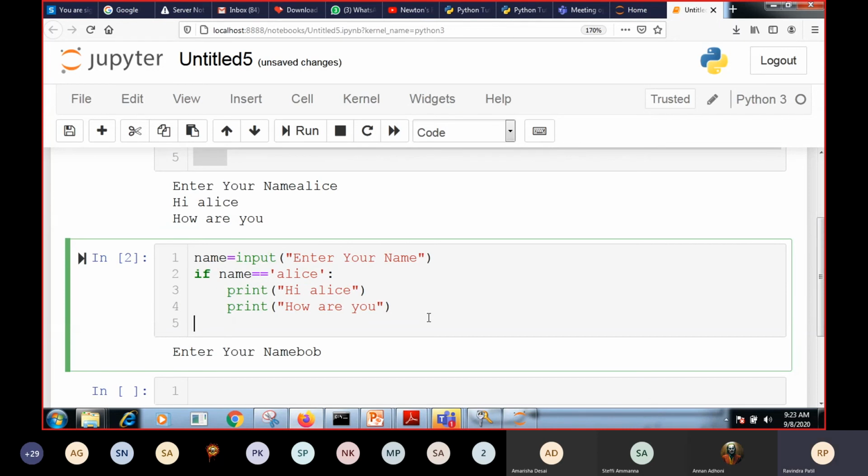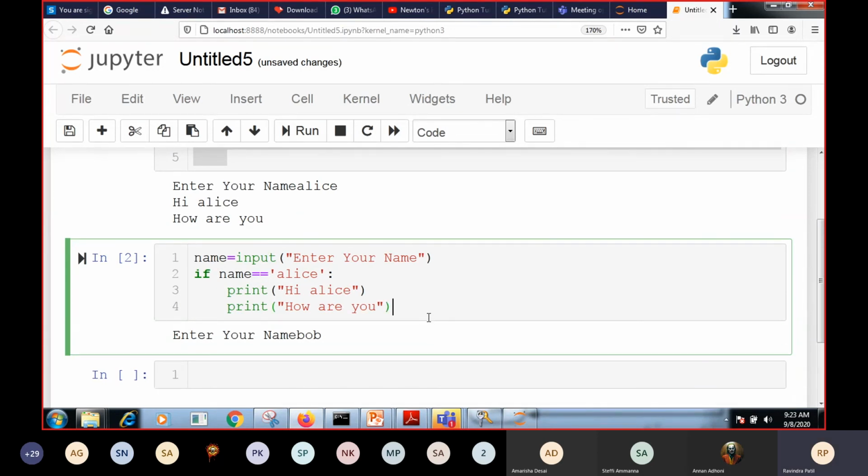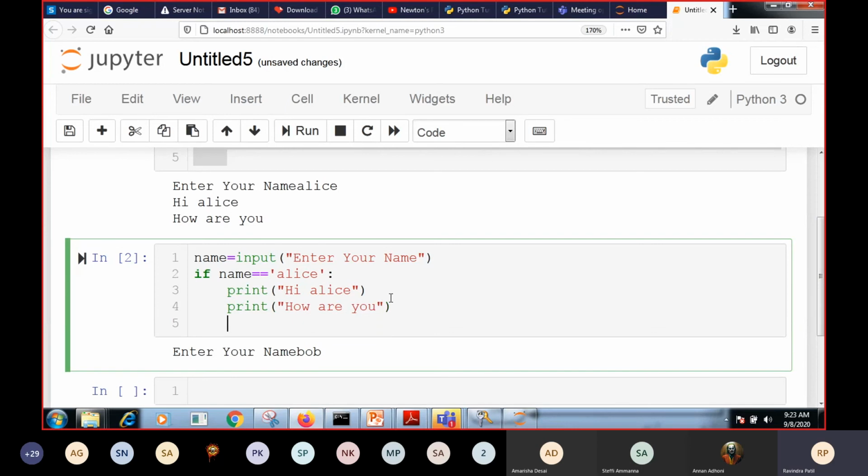Here we have not added the else part. One thing you have to remember: I have typed this second statement. After typing the second statement, Jupyter supports auto indentation.